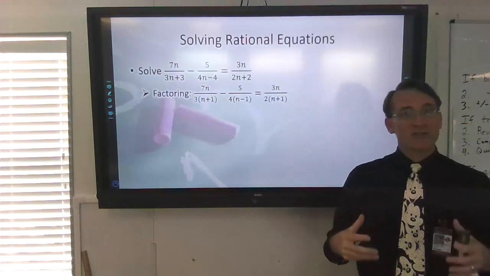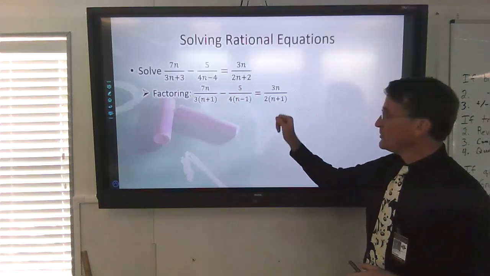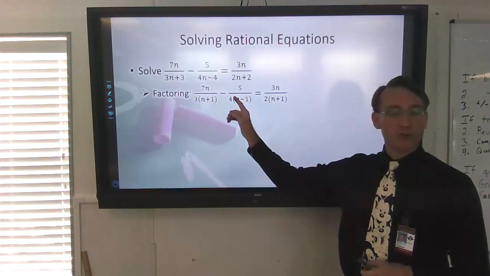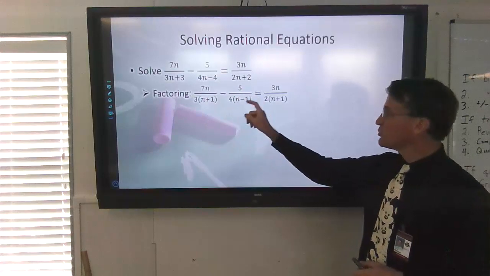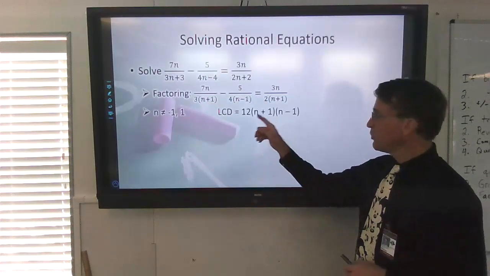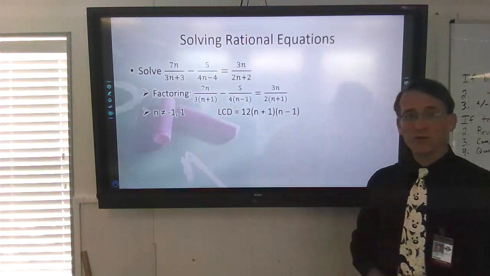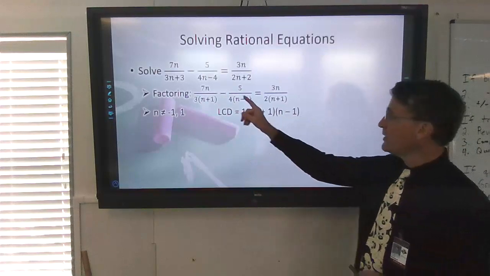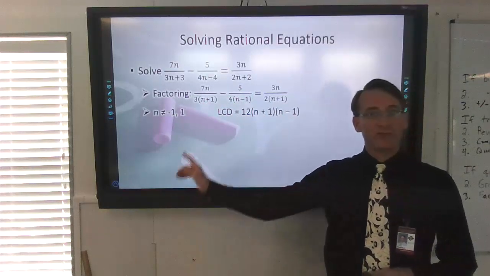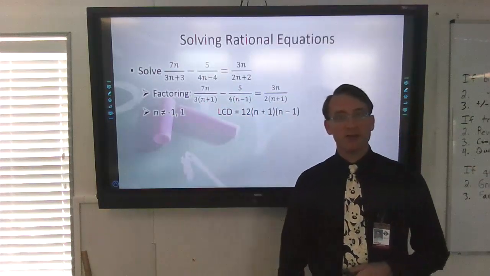So my lowest common denominator is going to be 3, 4, and 2. Lowest common multiple between 3, 4, and 2 is 12. And then I have an n plus 1 and an n minus 1. So my lowest common denominator is going to be 12, n plus 1, n minus 1. Along with that, I do recognize that n cannot be negative 1, nor can it be a positive 1. So I have two constraints there that I need to keep in mind as I work out the rest of